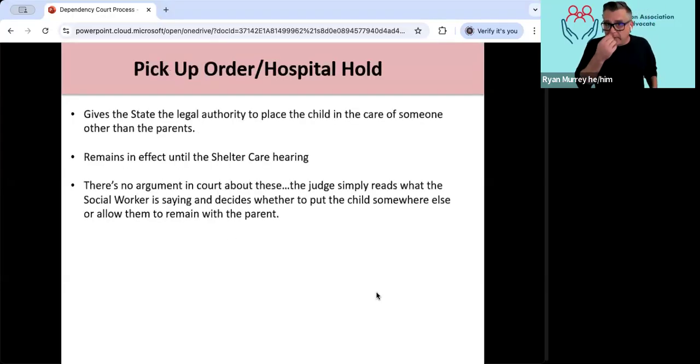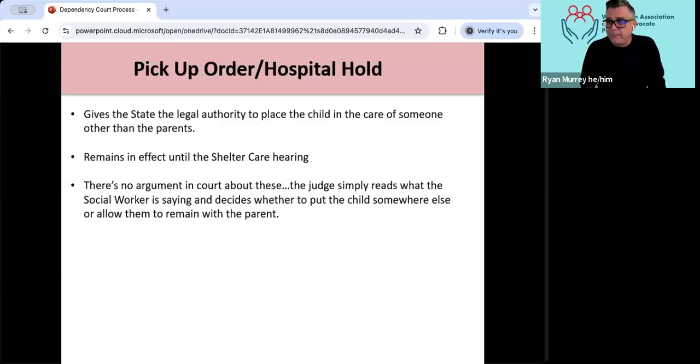So a little bit more on the pickup order, or similarly, a hospital hold. Sometimes we'll have newborns that are born and the hospitals will say, we don't think it's safe for this kid to go home, so we're going to hold them here. We're not going to let them go into the custody of their parents. So pickup orders and hospital holds are kind of the same thing. It's basically saying to the court, it's not safe for the kid to go home.